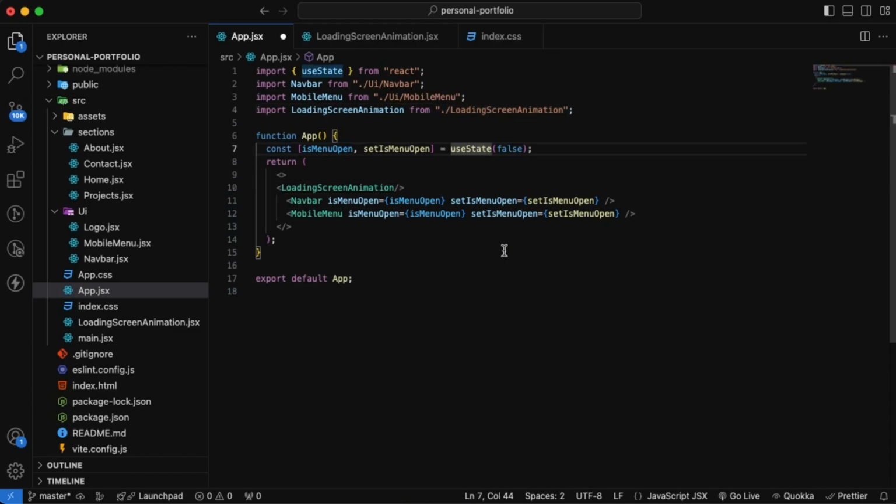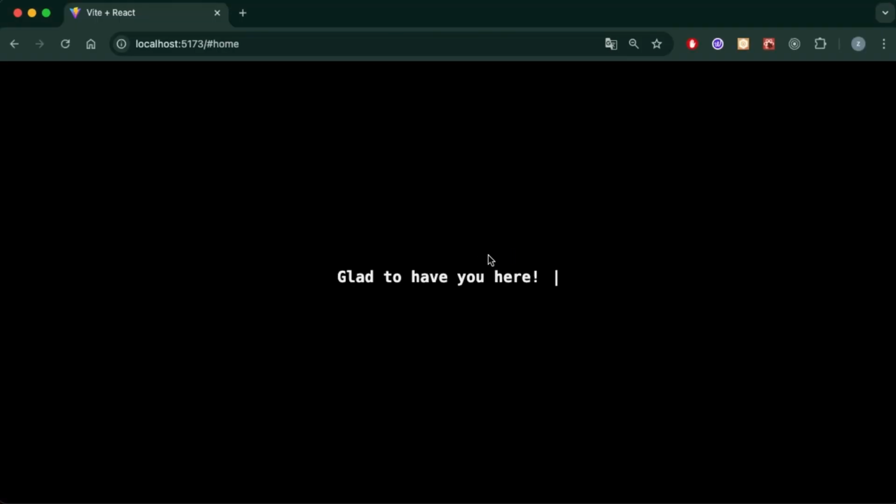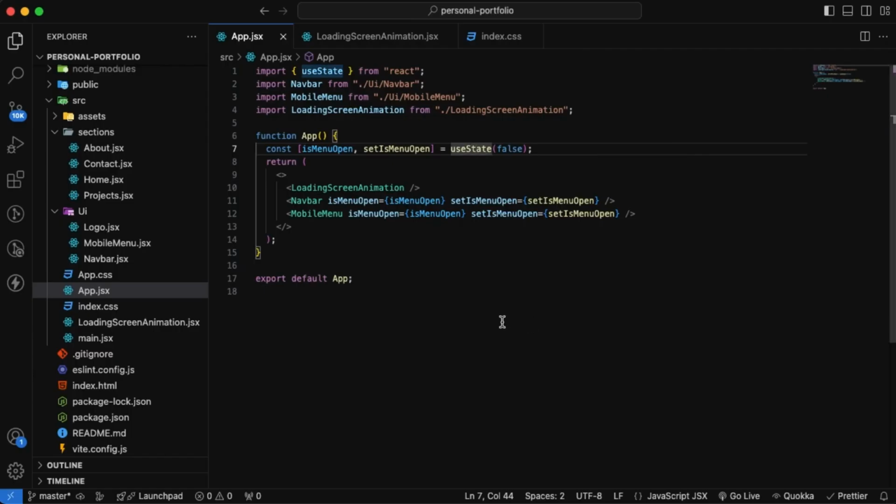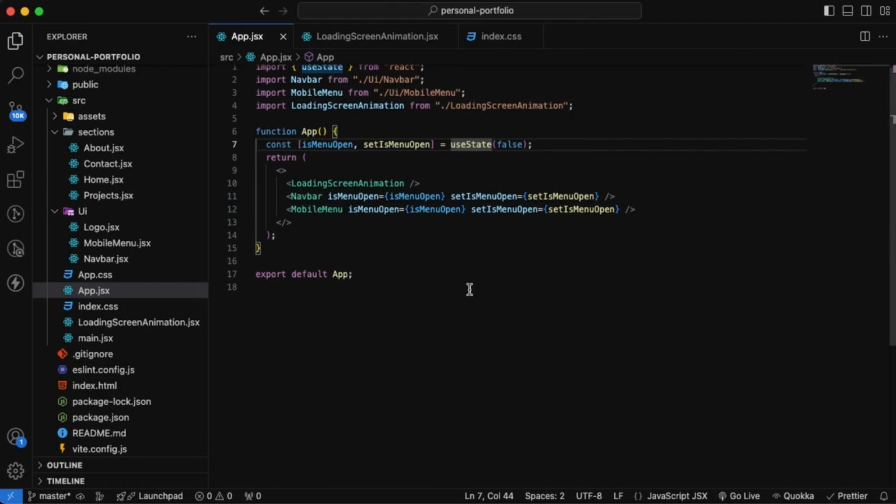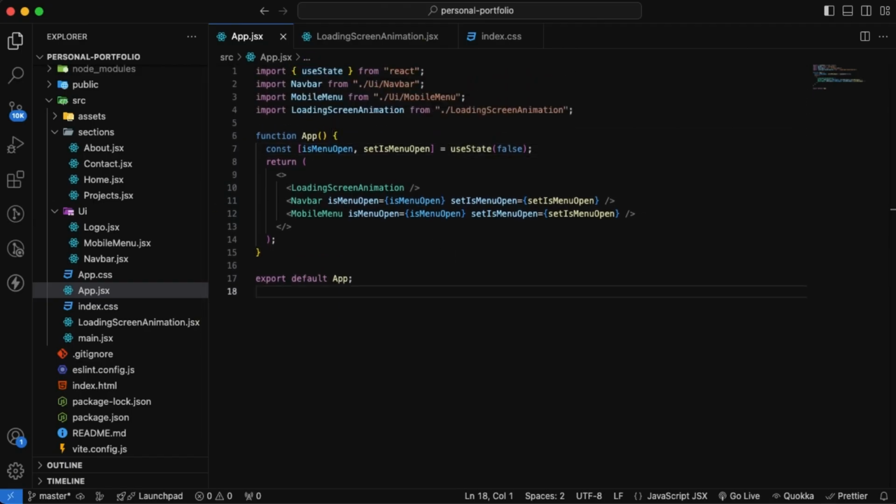Now let's see how it looks in our browser. And here we go. It doesn't do anything, absolutely. The reason for that is because we haven't put any animations or logic for making this appear and then disappear again from the screen. Let's go back to our VS Code, and in order to make the animation for our loading bar, which should be the first thing to be shown when we open the website,